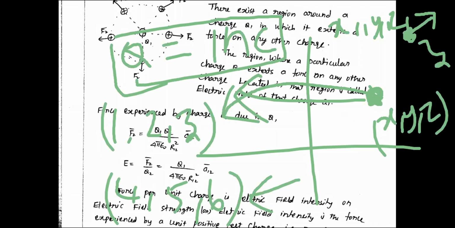Are you all getting this question? I have given you a charge value of 1 nanocoulomb. I am not placing it at the origin. If I placed it at the origin, it would be very simple, but I am placing it somewhere else, at 1, 2, 3. I want to measure the electric field here. Do you need one more charge or not?